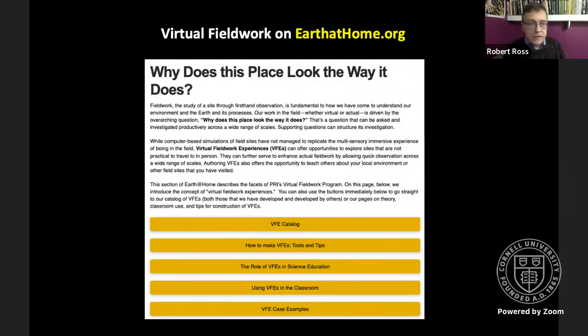When we were in the process of developing the methods behind virtual fieldwork, of course, many, many people have been working on virtual fieldwork experiences for many years. They exploded during COVID, but they had been a thing for the previous two decades. But we have tried to compile some of the pedagogical ideas behind it and some of the tools, at least low-cost tools that you might use in making them, and how they might be used in the classroom, and then